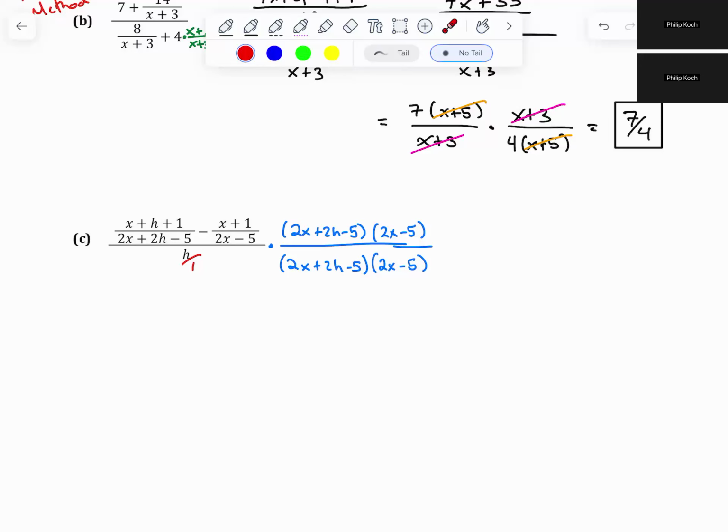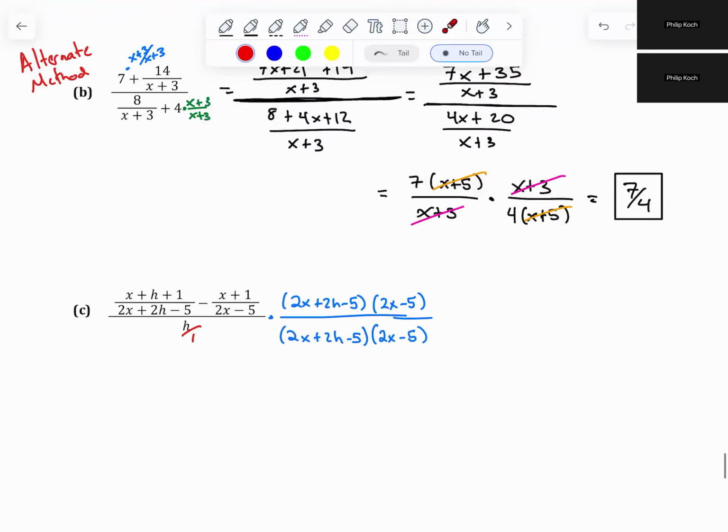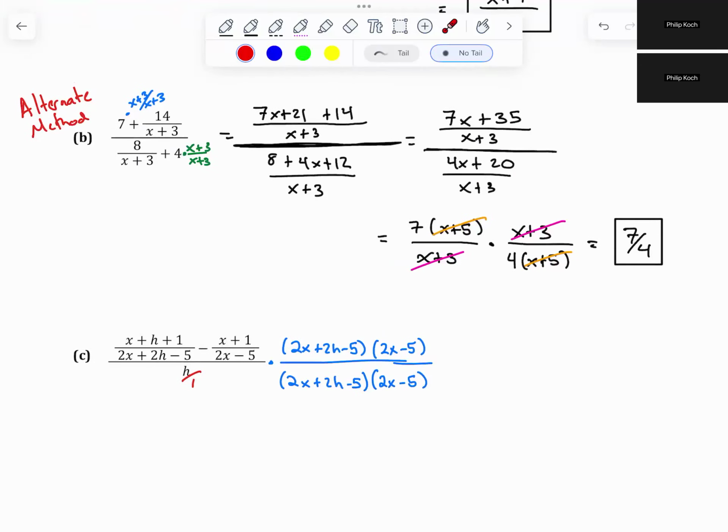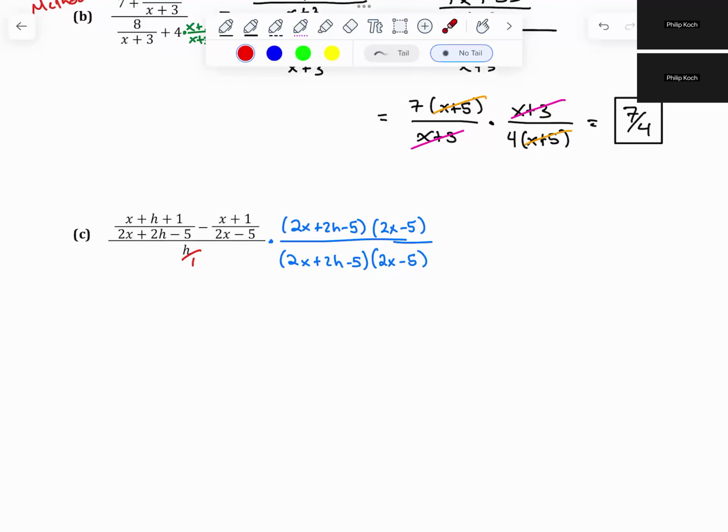So if you want to do it with the method that I've taught beforehand, not the method that we just did in part B, then the LCD of everything: the denominator doesn't have an LCD. It's just an h, so its denominator is 1. So the LCD of all the terms is just the two denominators from the big numerator, the 2x plus 2h minus 5 and the 2x minus 5. And so when I do that, when I distribute it into the top,